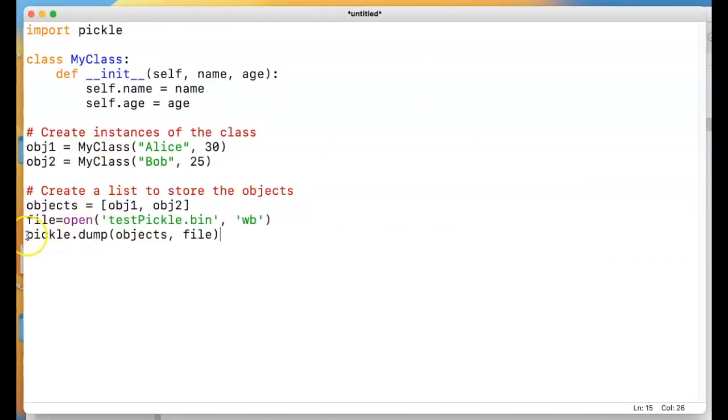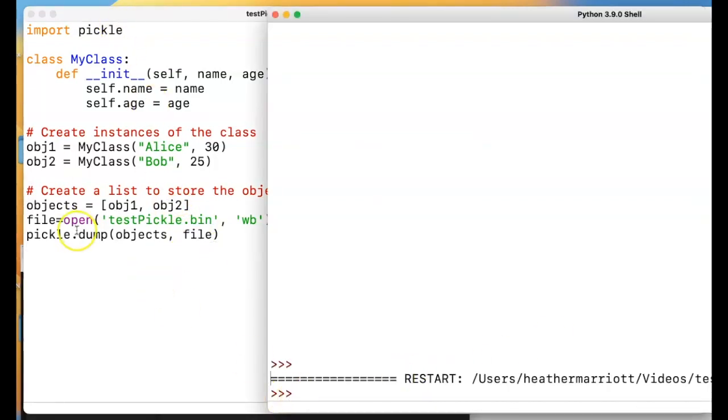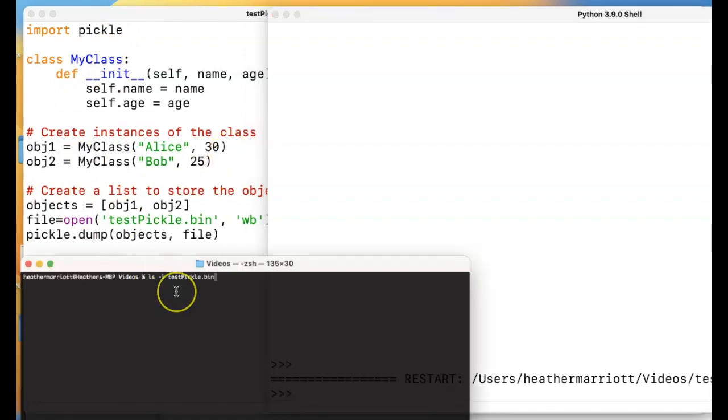So I'm doing from the pickle module, go ahead and dump the array, the list that has my two different objects of type my class, and then I'm going to put in the file where I want to dump them. When I run this, I don't have any print statement, so nothing's going to happen there. But if I look in the folder where I saved this program, I have just created a new file,